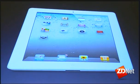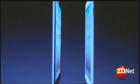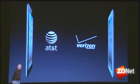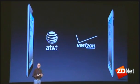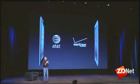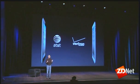Black or white here. Now, in addition to having both colors, we also have models that work with both AT&T and Verizon's 3G networking from day 1. So we support both AT&T and Verizon. Now, here we are adding stuff into the iPad, cameras and faster processors and gyroscopes and all this other stuff. And we've made it way thinner. Something's got to give. And you would think that we would have to give up some of the iPad's legendary